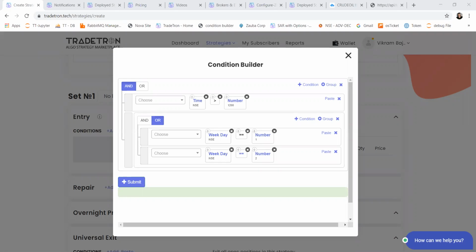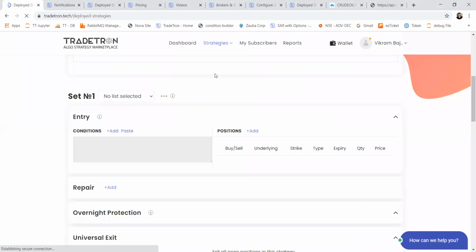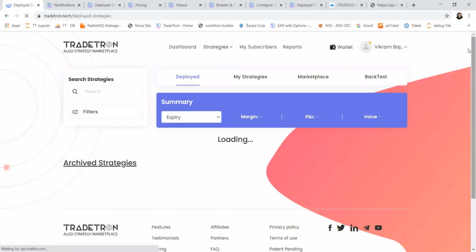Am I audible? This is Vijay. Yeah, Mr. Vijay, you're audible. Actually, the question was related to the same long short strategy. When, let's say, in your EMS strategy you took a short and then you want to go long, you will send a double quantity, right? No, it will first send an exit for the long position. It will be exited and then it will send a short signal. So there are two different orders in Tradetron. I'll just show you. Can you see my screen? And what will be the delay between these two orders, exit and the new position?